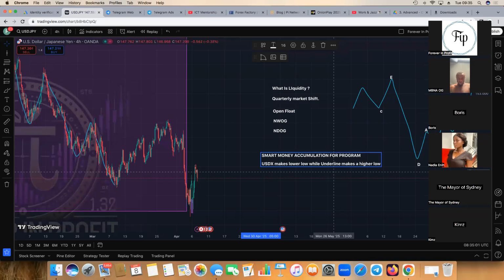pair that is traded, any pair that is inversely correlated with the dollar index. It could be EUR/USD, USD/CHF, AUD/USD, or gold. So that is the underlying. That is what describes this statement. You can replace the underlying with the Swiss franc, or the AUD dollar, or whatever pair it is that you're trading.